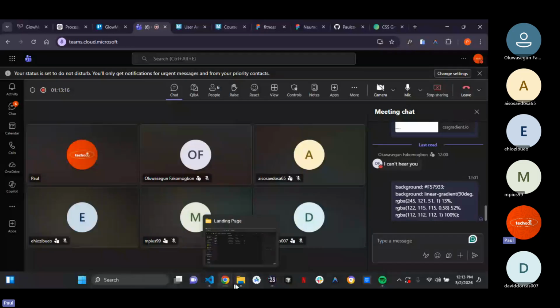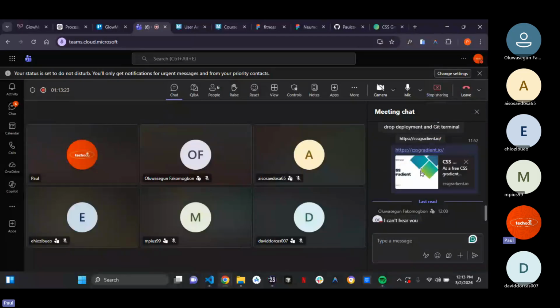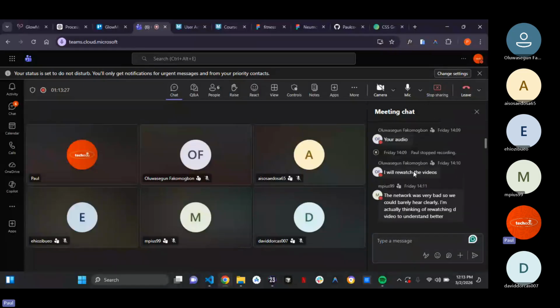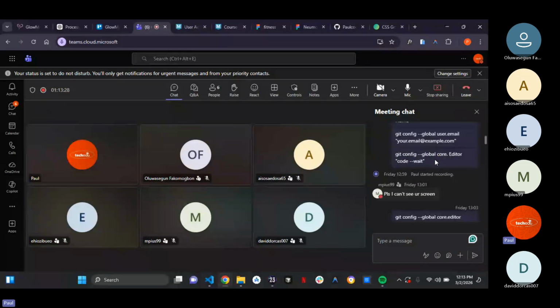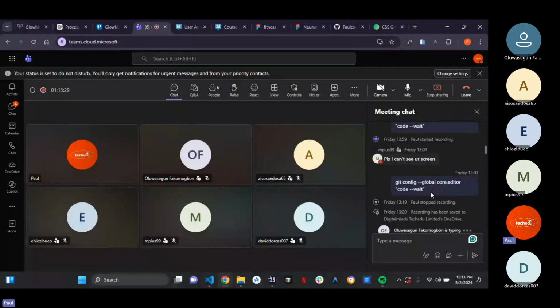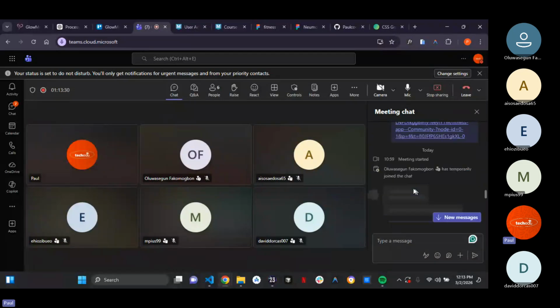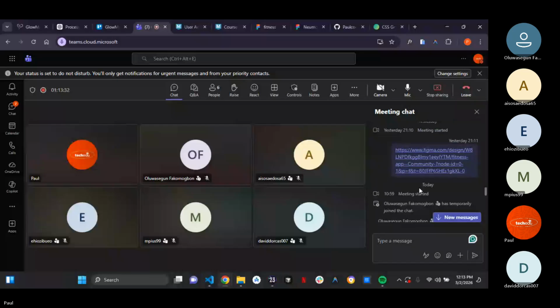The term Git is not recognized. That means you've not configured Git on your VS Code. So I think maybe you did not do that thing that I said you should do in the last class. But I think you did it now. But it's fine. If you say the term Git is not configured, just open up your